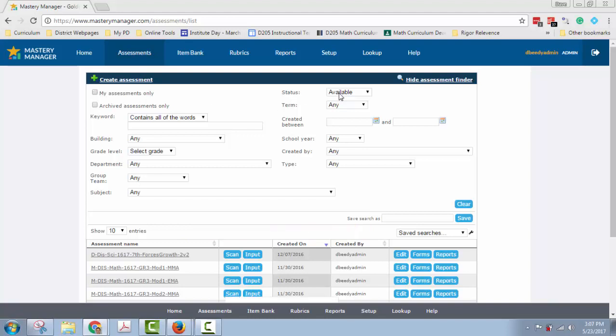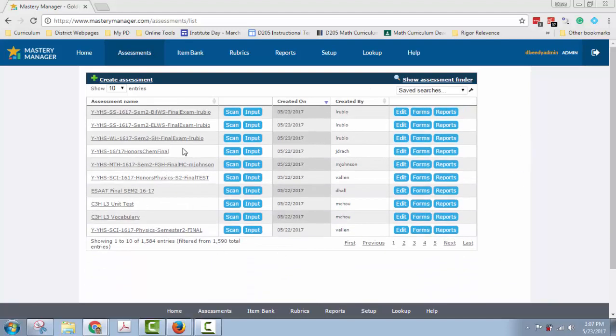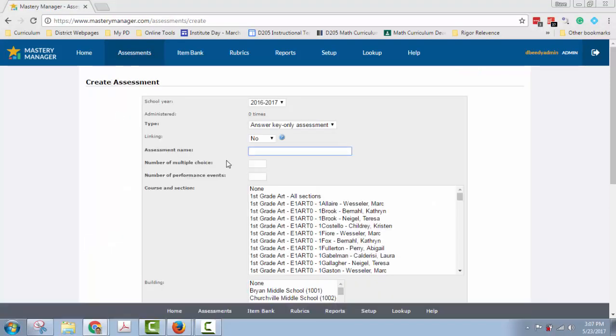And yours is likely going to look like this, with different assessments listed or none listed at all. You're going to click on Create Assessment next to this green plus sign. Then we are going to use our naming conventions,